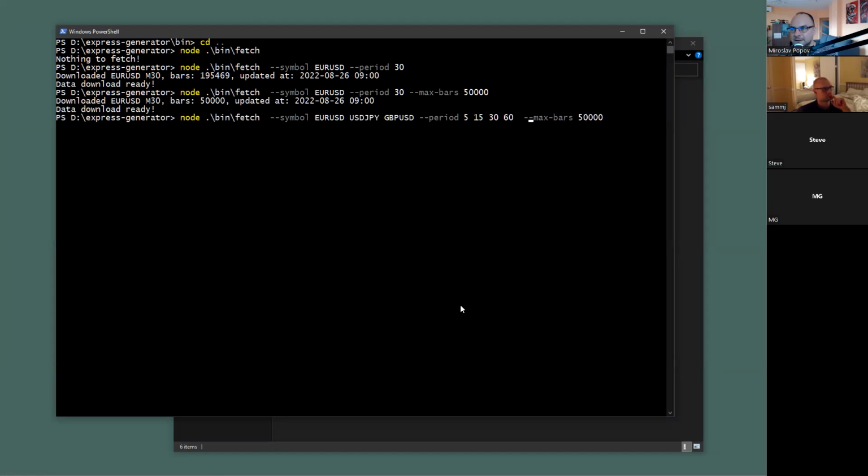Well, I have two questions. Okay. What happened to that period? And my second question is why would you ever want to limit? Why not just always grab whatever's available? Otherwise you'd have way too much data, right? Because there's loads of symbols and loads of periods. If you just downloaded everything available, you'd be downloading for ages and filling up your hard drive, right? Well, not really, because your broker only exposes a certain amount of data. And the other thing is that when you actually generate, it's your data horizon